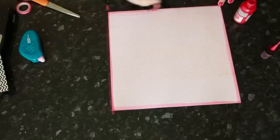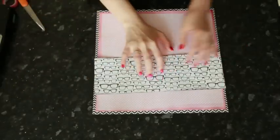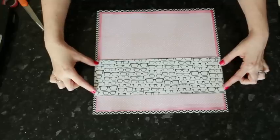And it usually takes longer for me to get the paint off the desk than it does for the paper to dry. And then I'll go ahead and adhere it to that black chevron background. The background is ready, and then I have a 4-inch strip of that black and white print that I want to lay over the top, and this is going to be the grounding for everything else that's going to build on